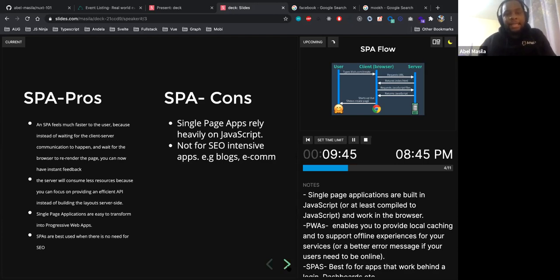to this is that they rely so much on JavaScript. And as you know, people are cunning. People don't love enabling JavaScript in their browsers if they don't want to get hacked or something. So if your users by any bad luck disable JavaScript on their browsers, basically they cannot access your web app because it's primarily built on JavaScript, and that is all. So you need to work on accessibility in case people disable JavaScript. And then they are not so good for SEO intensive applications.